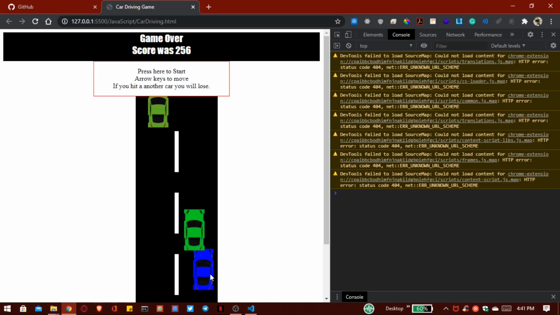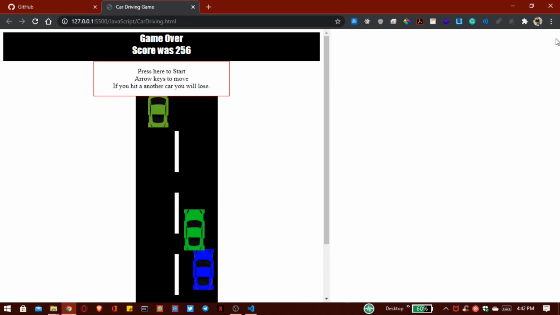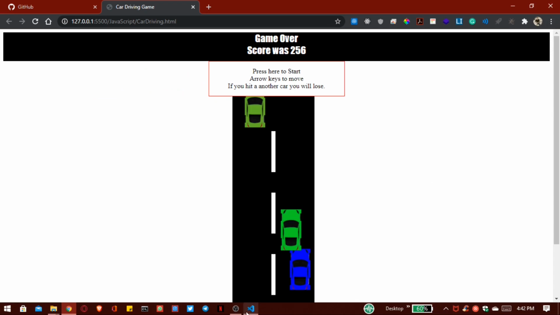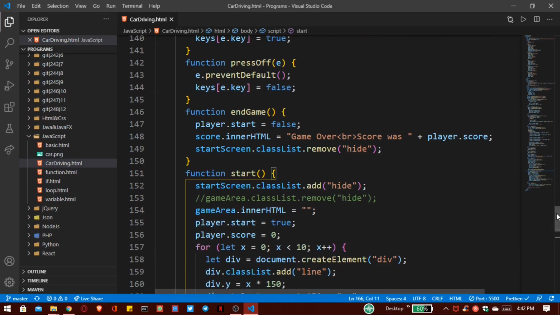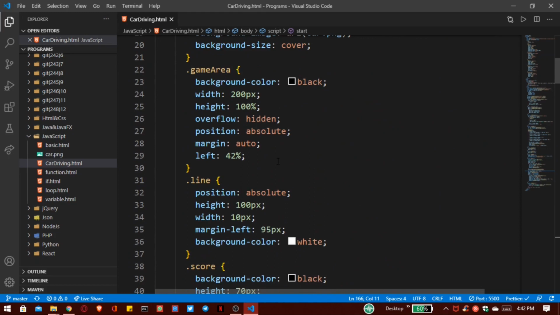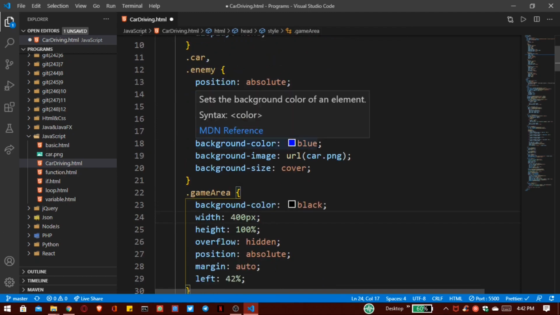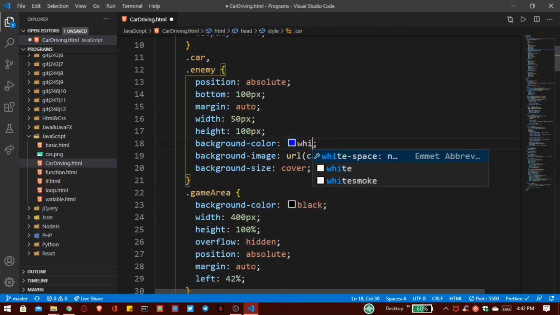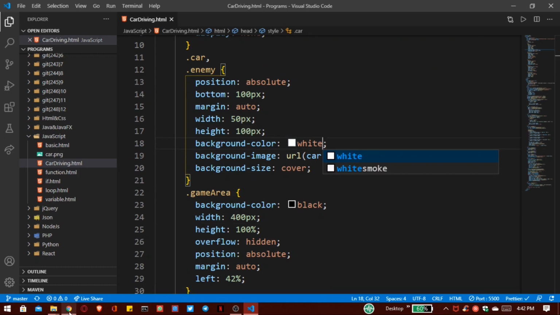Now I also want to change this color to red, and you can see our road is very narrow, so we have to make this road bigger. So first go inside our style, and the width I want to increase to 400 pixels, and our background color is white. Now save this and open your browser.